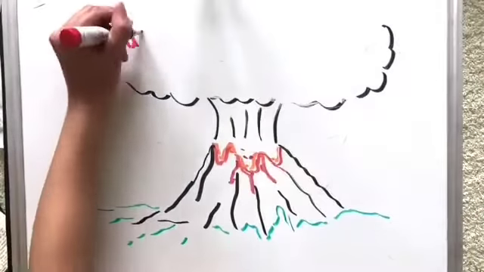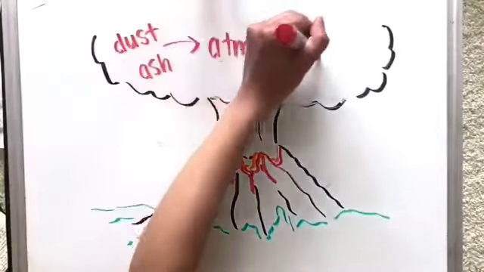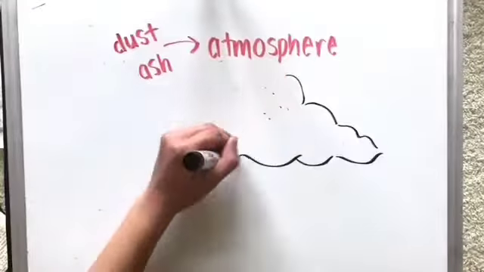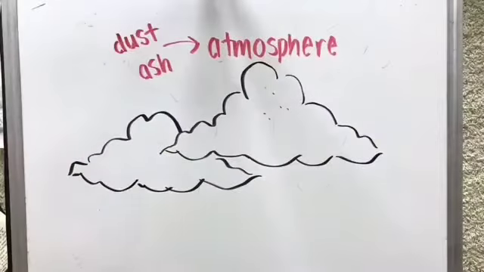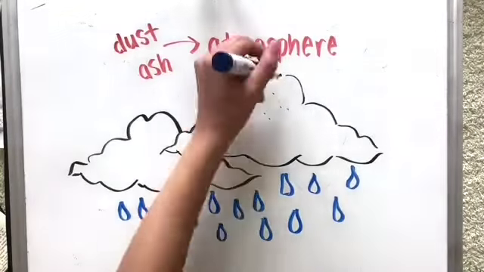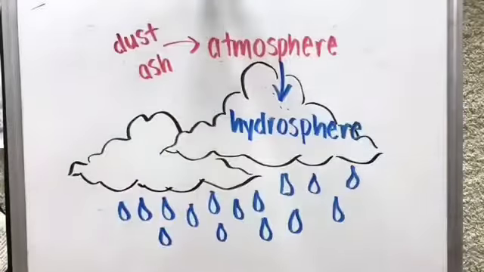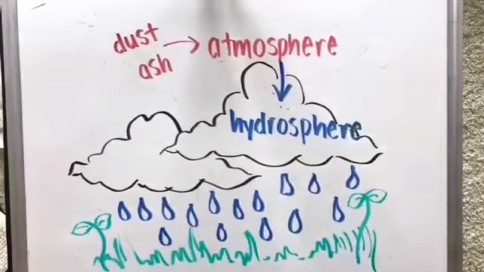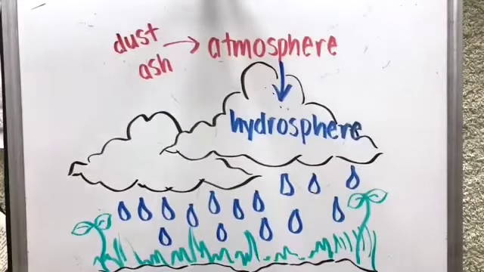When a volcano erupts, it releases a lot of ash and dust particles into the air, marking an interaction between the geosphere and the atmosphere. Water, part of the hydrosphere, condenses around these dust particles to form clouds. This falls back down to the Earth as precipitation, helping to support animals and help plant growth. This marks an interaction between the hydrosphere and the biosphere.